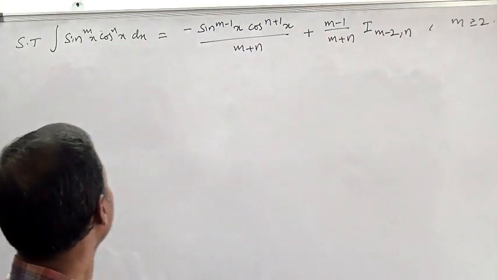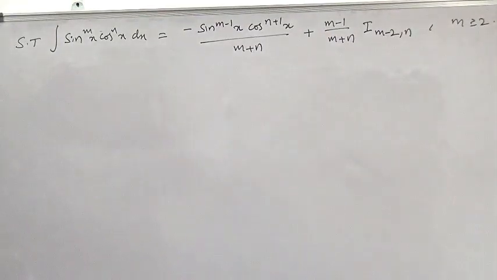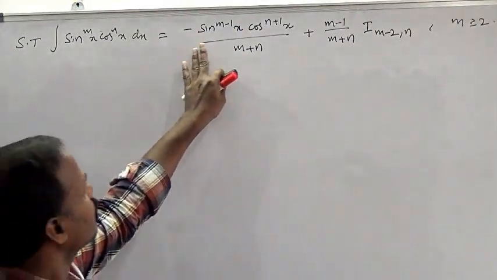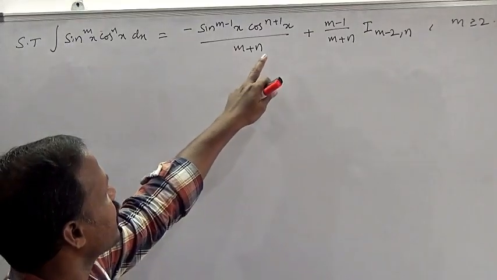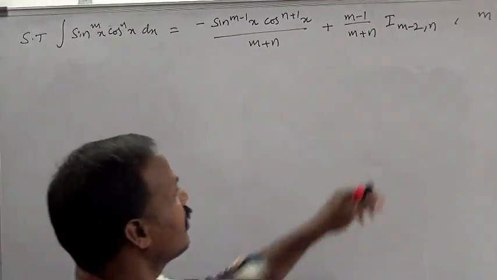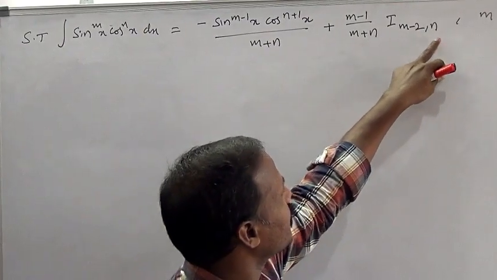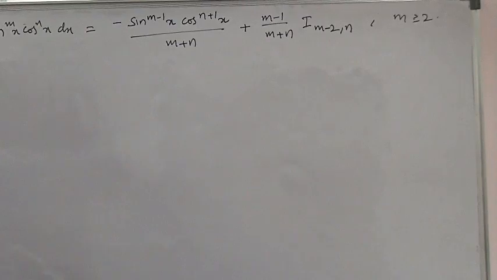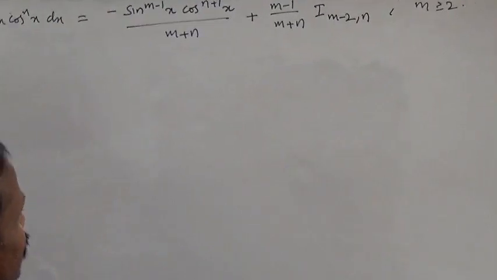Okay, so next, the integral of sin^m x cos^n x dx is equal to minus sin^(m-1) x cos^(n+1) x by (m+n), plus (m-1) by (m+n) times I(m-2, n), because here two integers are there, m and n. Okay? So to prove this,